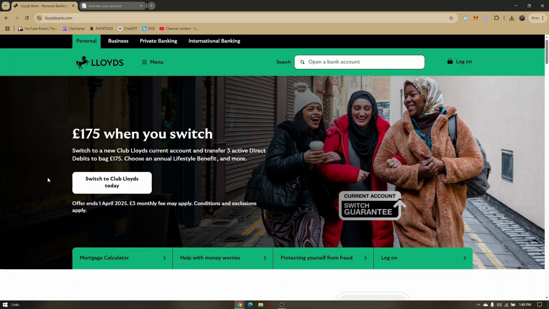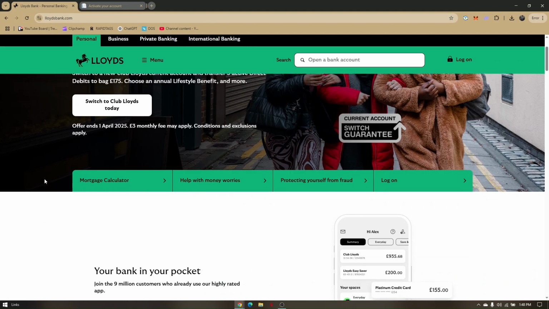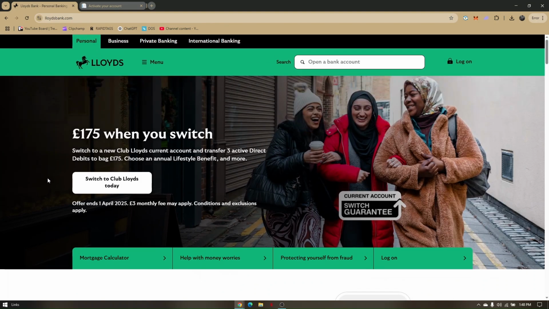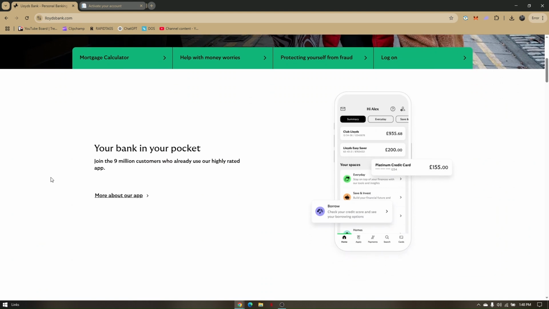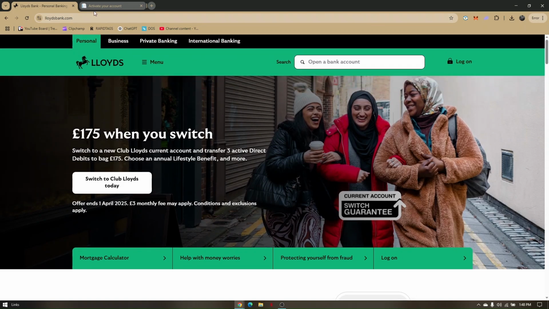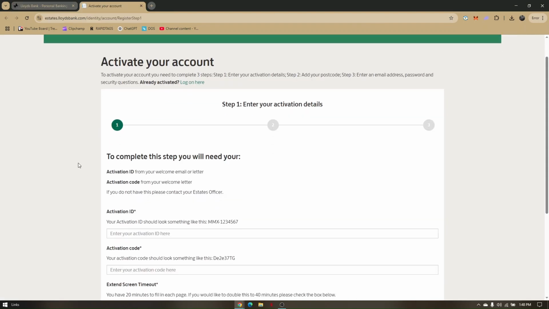So once you have successfully applied and provided all the requirements needed to open up a bank account in Lloyds Bank, you'll then receive an email or a physical letter, depending on the preference that you have set up, creating your account with Lloyds Bank. So as you can see from their official site support in here, you'll have to complete and activate your account